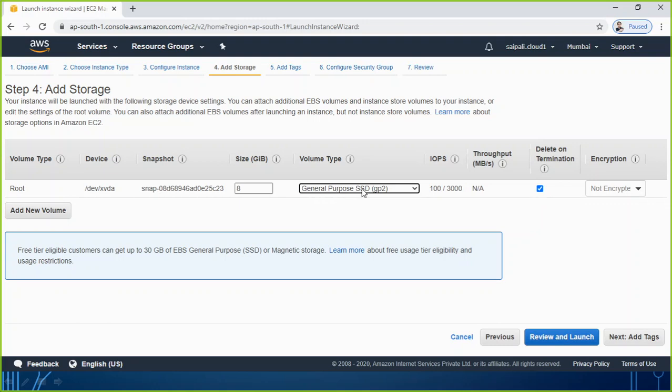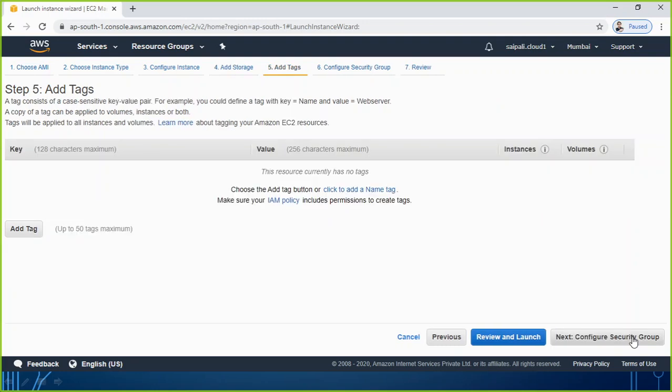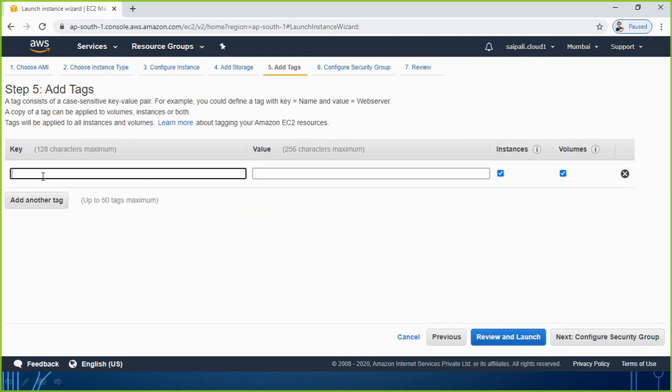That's your storage. I am leaving the remaining things as default, meaning that when I terminate the machine, automatically this hard disk will also be terminated. It will also be deleted. Then I go to add tag. Tag is optional. As I explained in the last session, you can have a tag. It is a best practice that you should always have some tag. For example, I put a tag of department, and maybe this machine is going to work in my account department, so I just say account. You can add some more tags also. I'm just continuing with it.